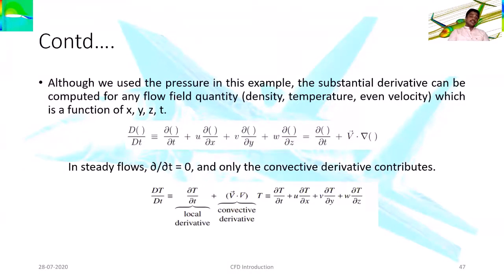Now it comes to the conclusion about why the substantial derivative is required. Substantial derivatives are required when your problem is varying with respect to time, and at the same time your solution or result is varying with respect to the spatial coordinates. When both time and spatial derivatives need to be addressed, we depend upon the substantial derivative, which can address the local derivative as well as the convective derivative. So a complete fluid flow problem, whether moving or fixed, can be addressed with the local as well as the convective derivatives. Both can be obtained using the substantial derivative.